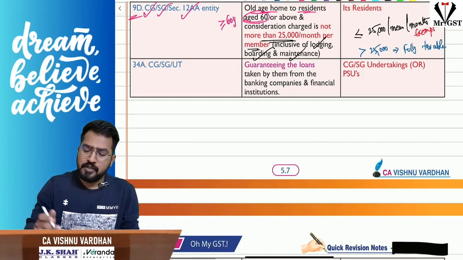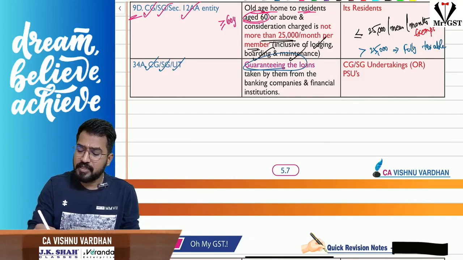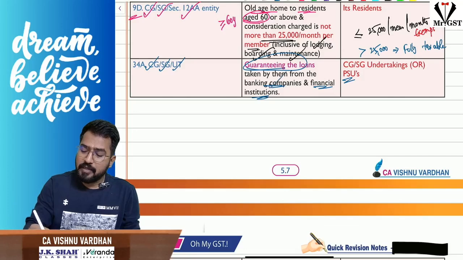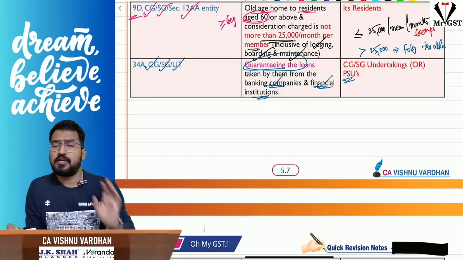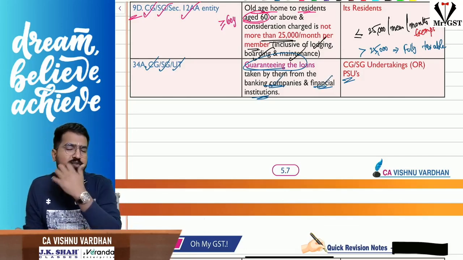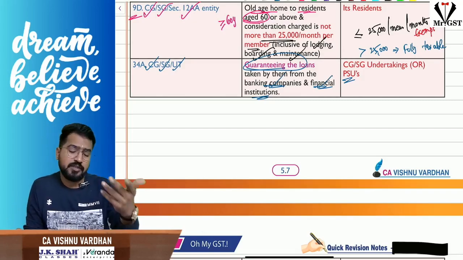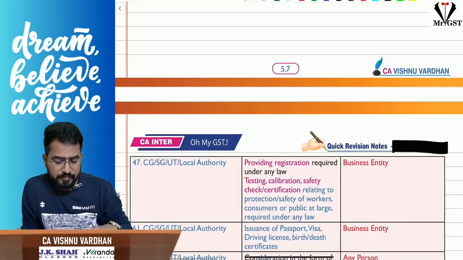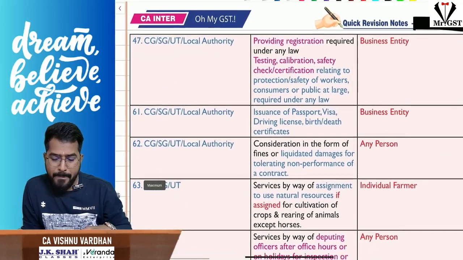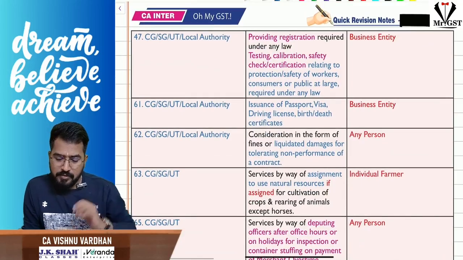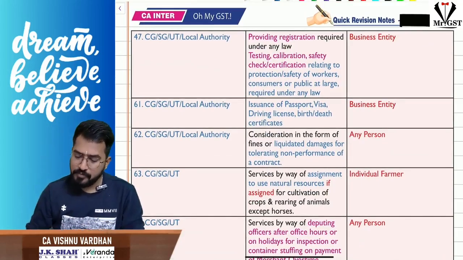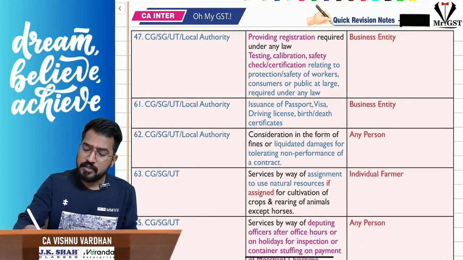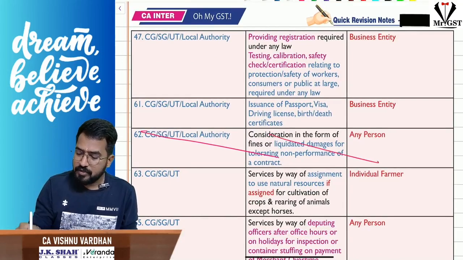Now, not only that, central government, state government or union territory guaranteeing the loans taken by the banking companies, loans taken by the public sector undertakings from banking companies or financial institutions. For that, the central government, state government, union territory is giving guarantee. For that, government is taking guarantee commission, that is exempt under GST. This entry 62 now irrelevant